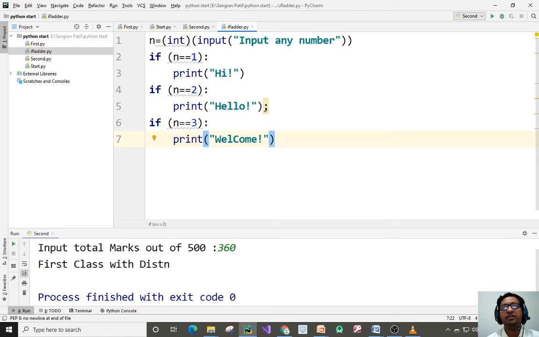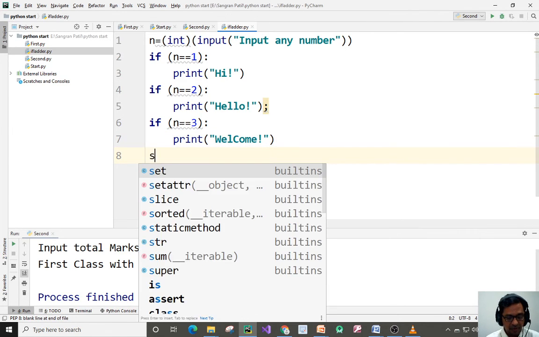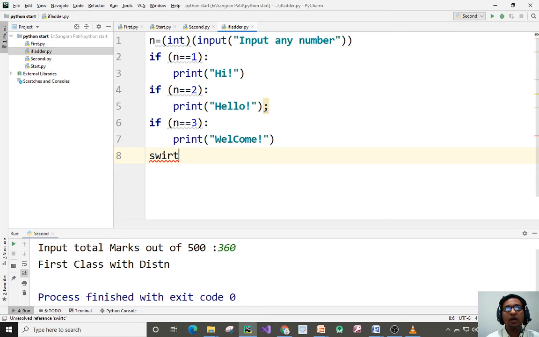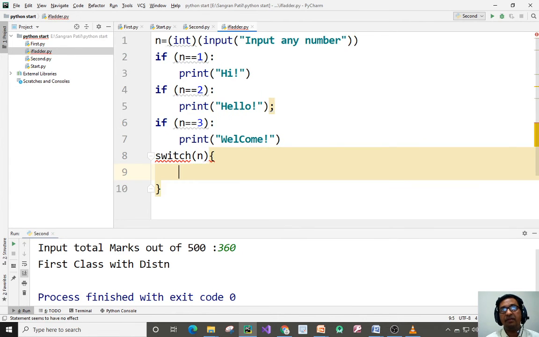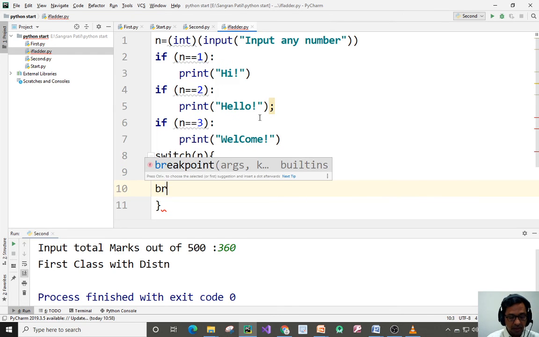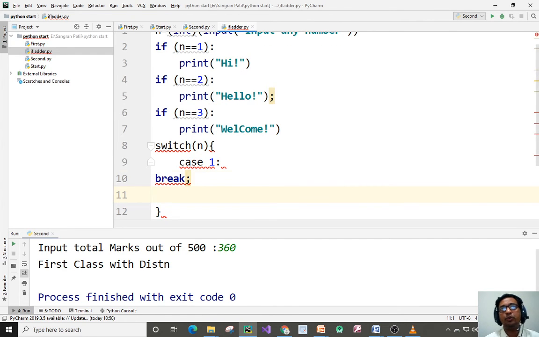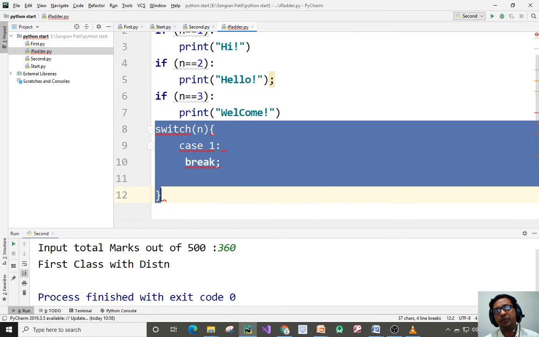So in general, C or C++, what we go with here, we go with switch n. This is in C++, this is not there in Java. So we give case 1 and then break, and then case 2 break, case 3 break, like this we give. But in Python here we don't have any switch.